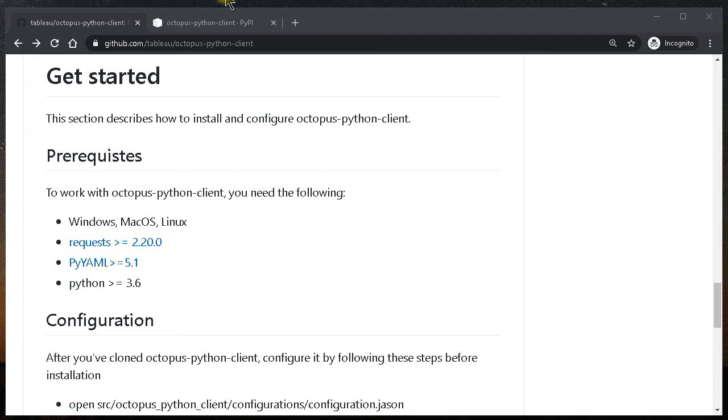The Octopus Python client tool supports Windows, Mac OS, Linux. It requires PyYAML 5.1 and higher. For the main GUI functions, you can just start the Octopus Python client tool in GUI mode and figure out most functions easily on your own. If you want to run the command line tool, you may want to refer to the